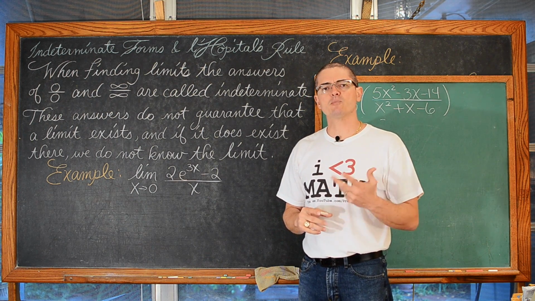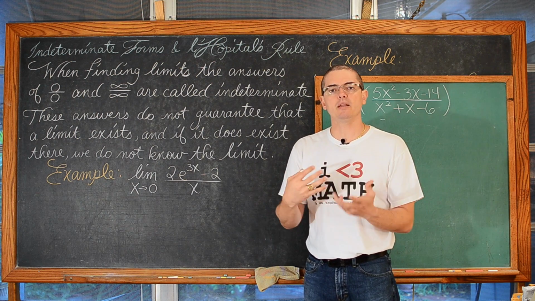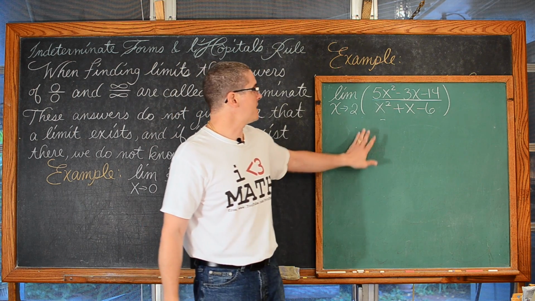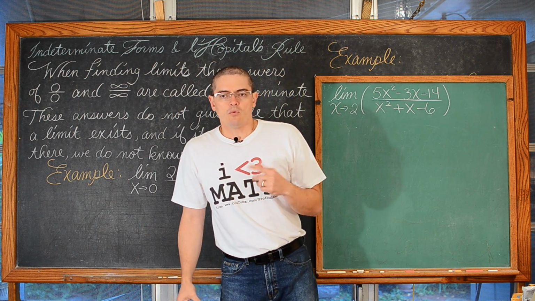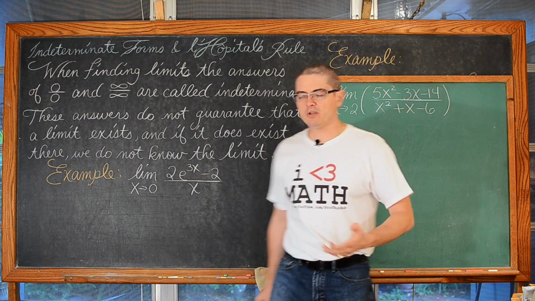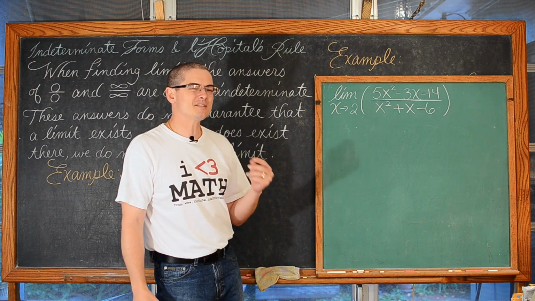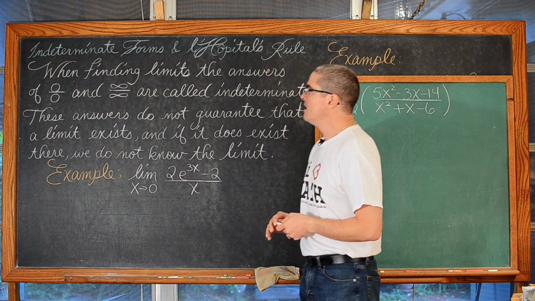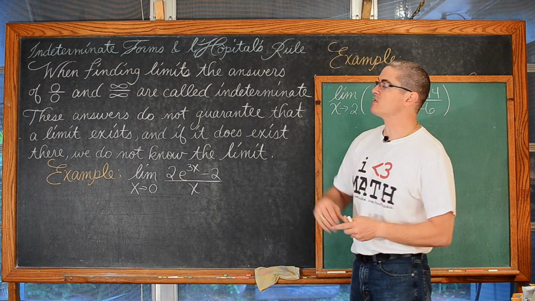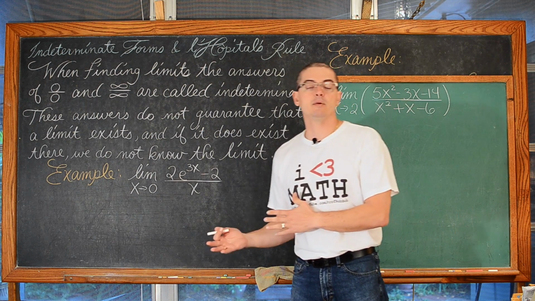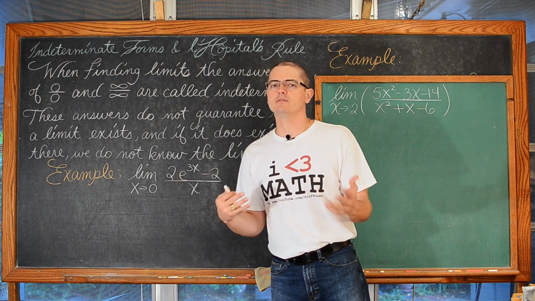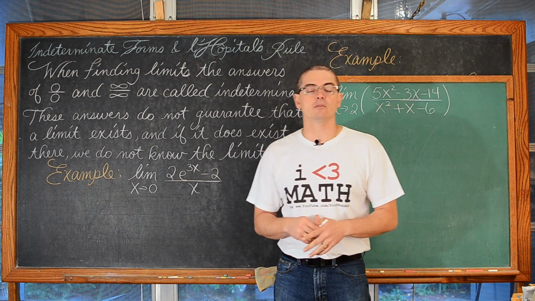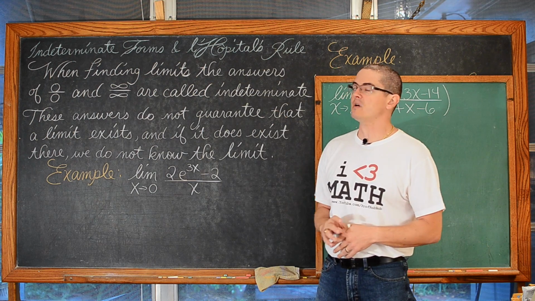That involved algebraically, if needed, manipulating the function to allow us to find, let's say like this example here, a limit as x approaches 2. Well, that's fine, but algebraically manipulating these expressions or these functions isn't always possible, and it certainly is not always the fastest method of finding a limit. So what we're going to do in this video is see how L'Hopital's rule will allow us to find some limits that we previously were not able to without the aid of a table or a graph. It'll also speed up the process of finding certain limits, and there are many different forms of indeterminate.